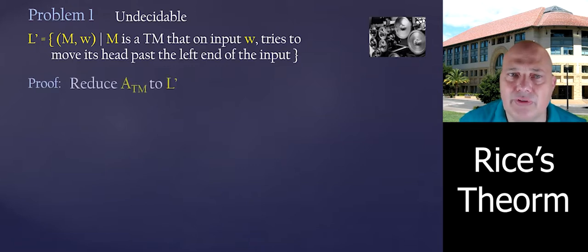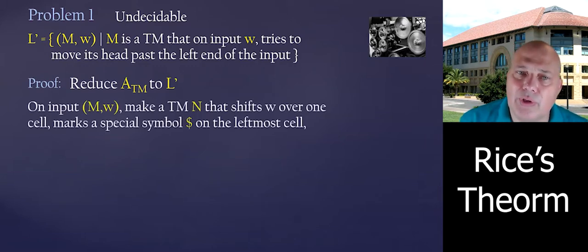And here is a proof. We can reduce ATM to L prime, to this language. So on input M, W, you need to discuss the reduction. The reduction will take input M, W and create N. M, W is an input for ATM, N is going to be part of the input to L prime. And essentially what N does is shift W over one cell and mark a special symbol $ on the leftmost